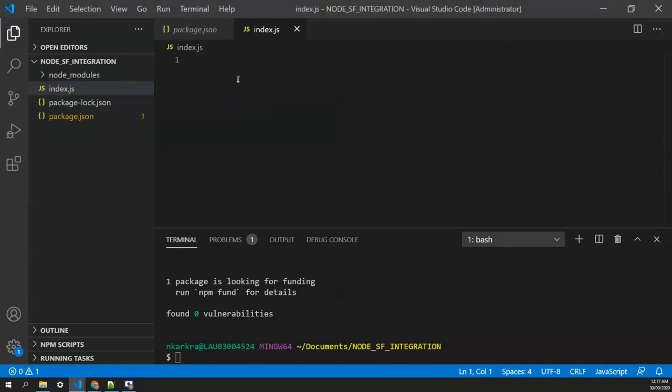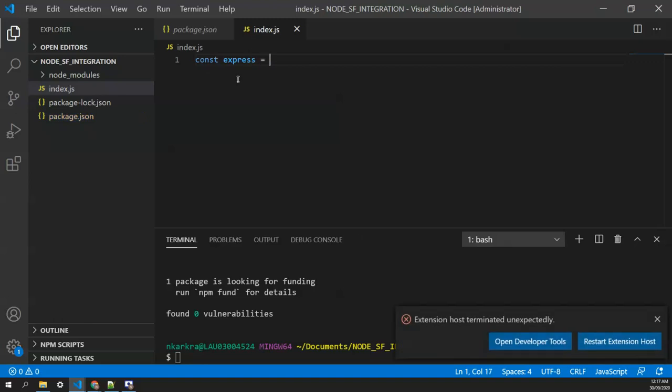First, we'll see how to set up the Express server, and it's very easy. Import Express, and for import, we'll use require('express'). So here, what we are doing is grabbing the Express module from the package we have installed, and after that, we'll call the Express function, and this function gets called and stored in app.